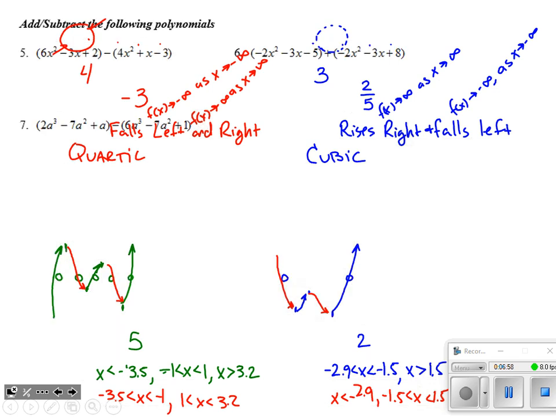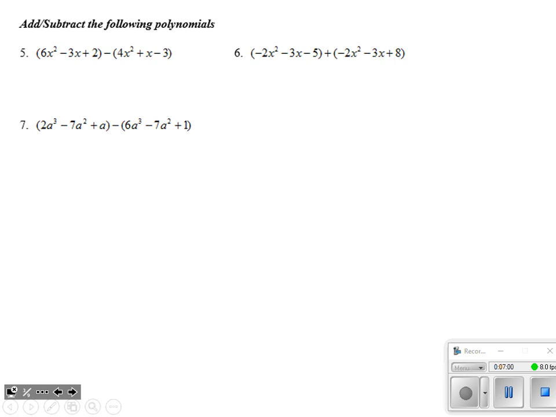Then we start getting into some of the algebra with it, past the vocabulary. This would be our work from section 4.2, and we're adding and subtracting polynomials. Really, we are just combining like terms, and we want to be careful that we are distributing negatives wherever they need to be distributed. So in the case of problem number 5, I've got one polynomial and I'm subtracting another.